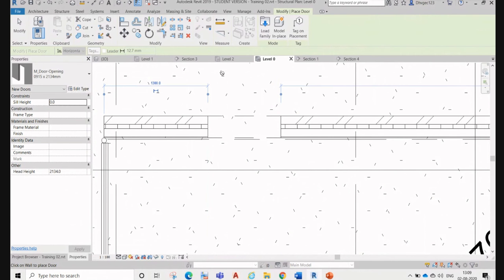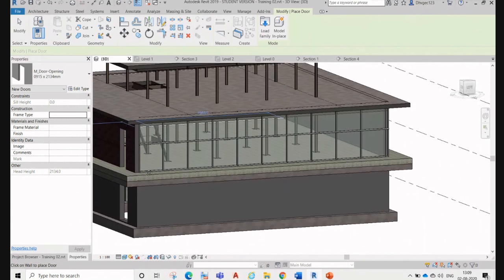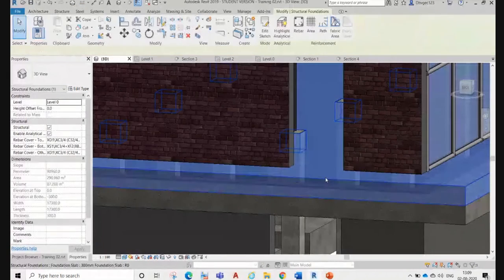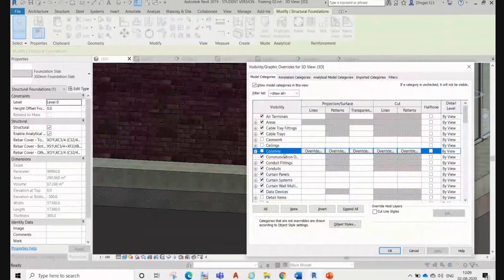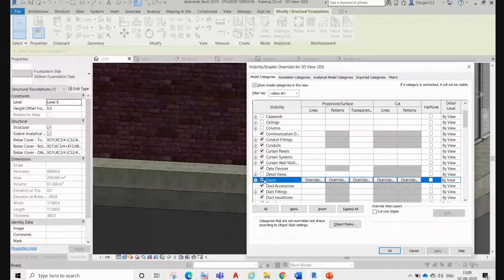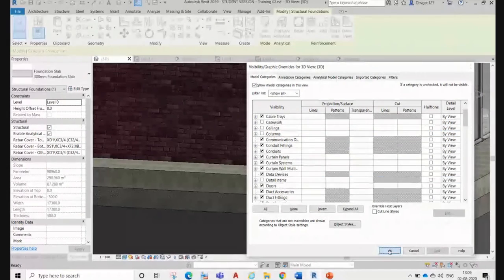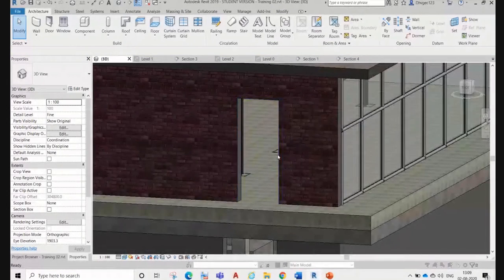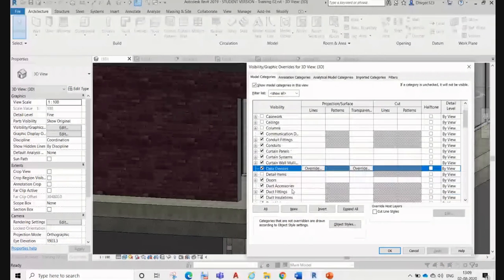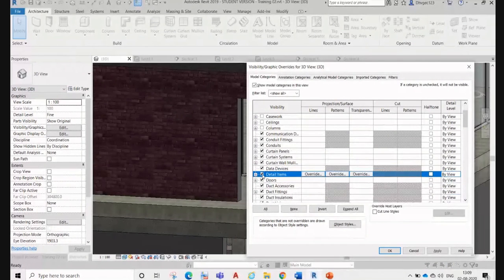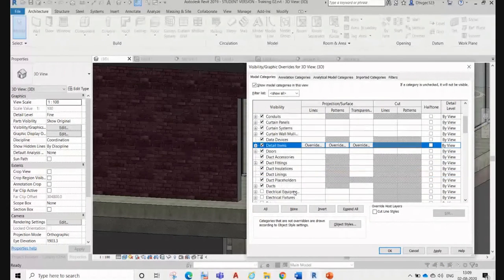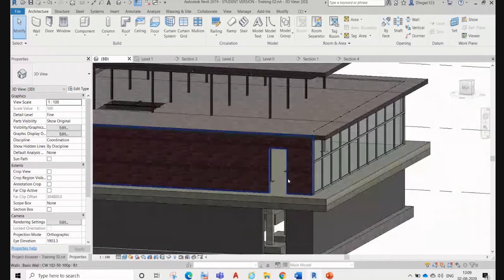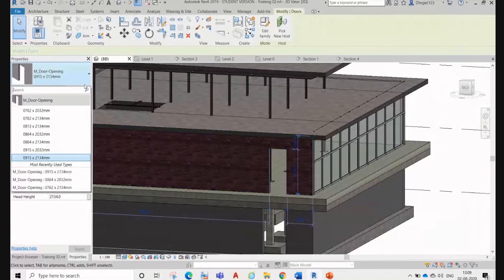In this direction, it just put the door, but why is it not showing? Because it's off over here. Door, detail item and so on. This door doesn't have any frame.